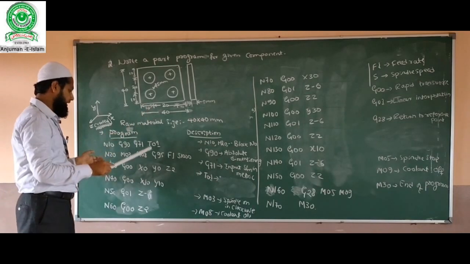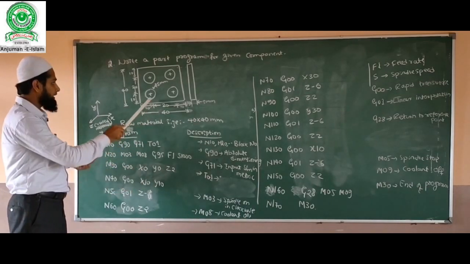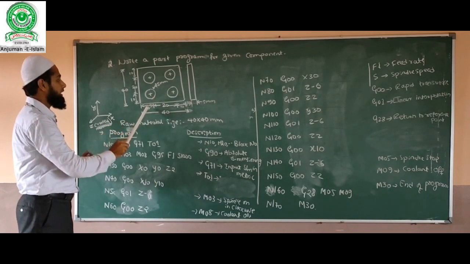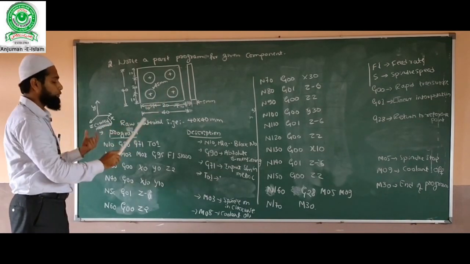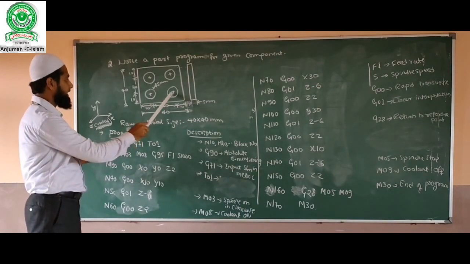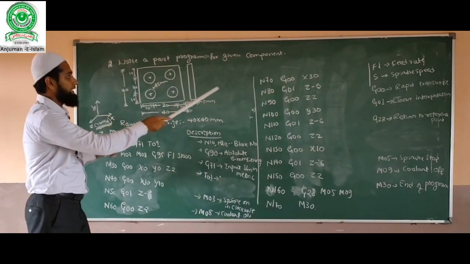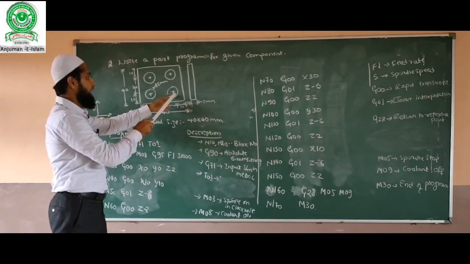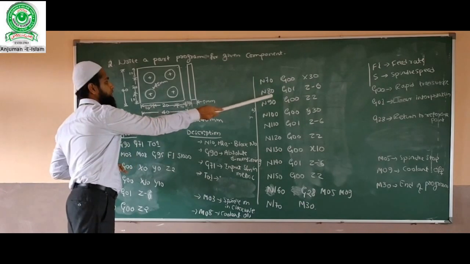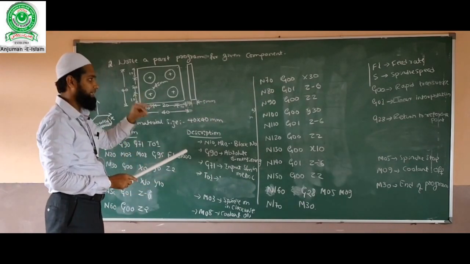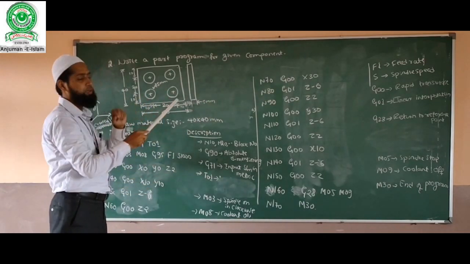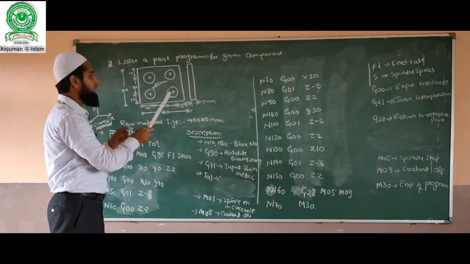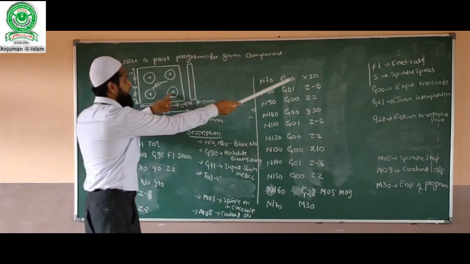I will keep Y10 constant, and it should move to a distance of 30. 10 plus 20 is 30. So it should move to a distance of X30, with Y10 constant. Here I will give G00 X30. Afterwards we have to drill here also, so I will give the command G01 Z minus 6. It will drill. Again we have to take it out, so I will write the command G00 Z2. It will come out.